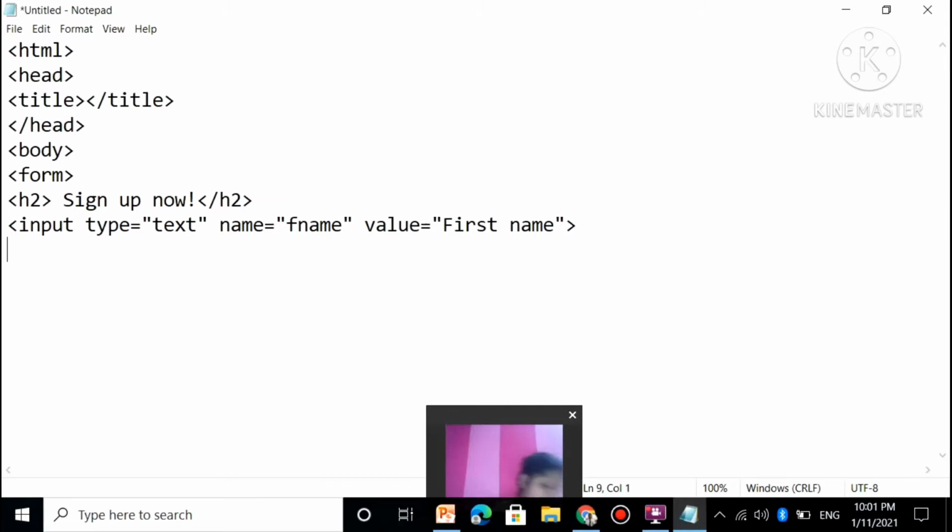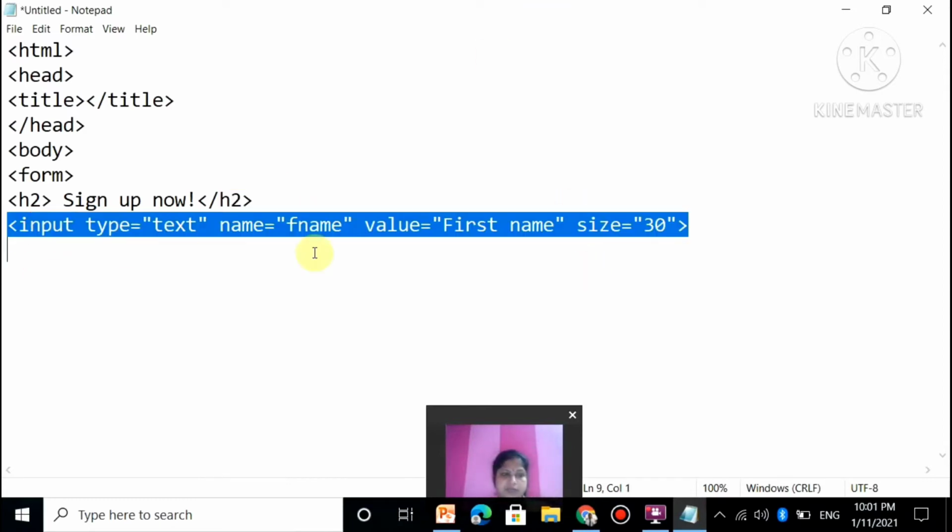Similarly for last name. Here, if you want, you can use size to define the width of the element.